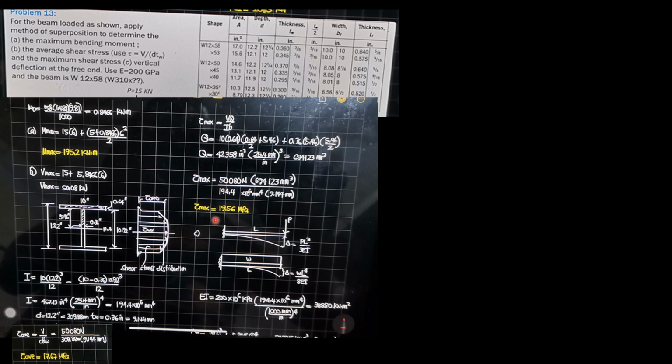So finally, for the maximum deflection for a beam due to the concentrated load at the end, or point load at the end, it is PL cubed over 3EI. The best way to derive this is by the virtual work method or by Castigliano's second theorem.